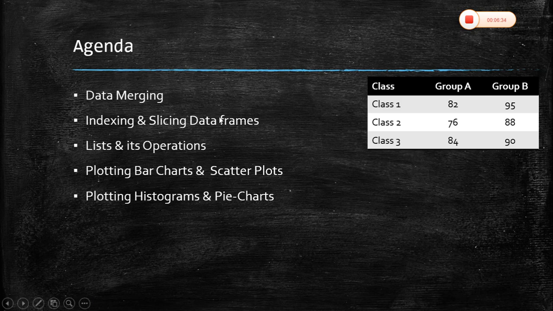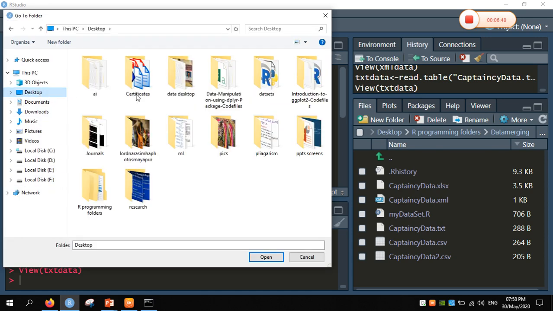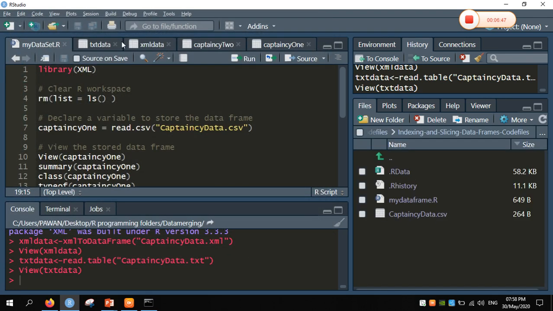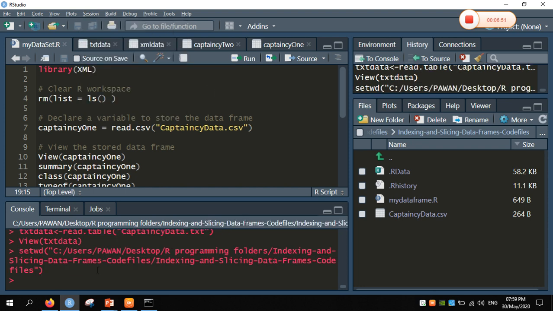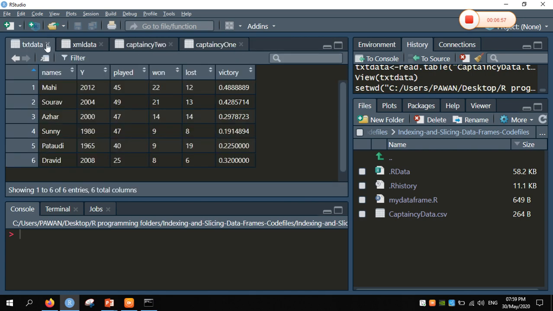Now the second one is indexing and slicing the data frames. So I will open my folder here. After selecting the folder, go to the option Session and set working directory as files pane location. So let us clear the console, Control L. Now close all the files.